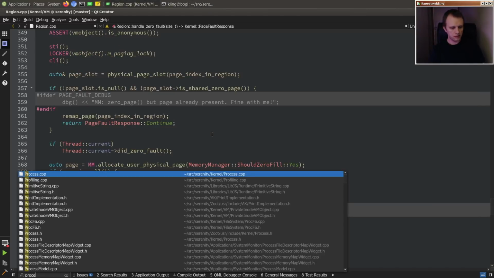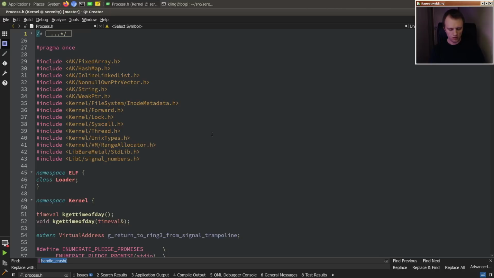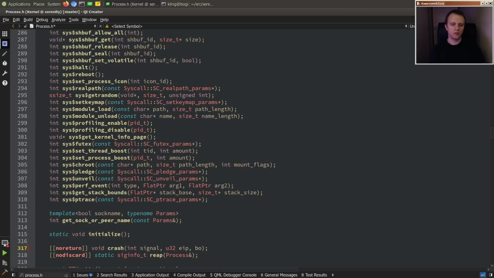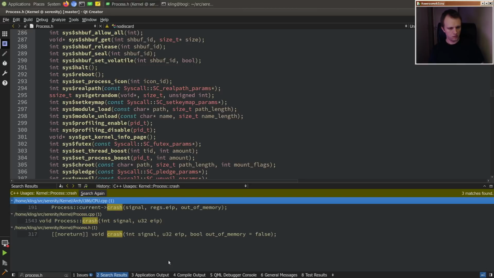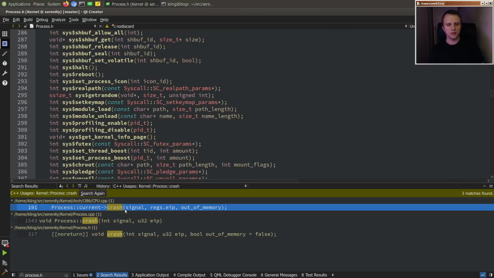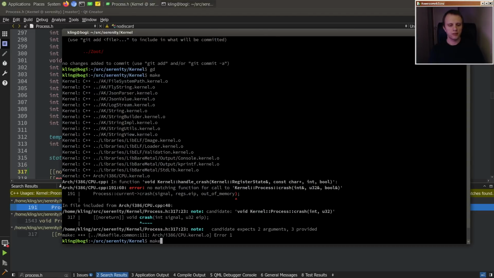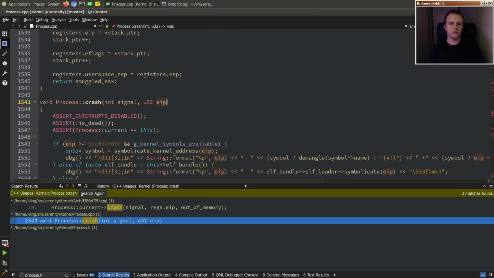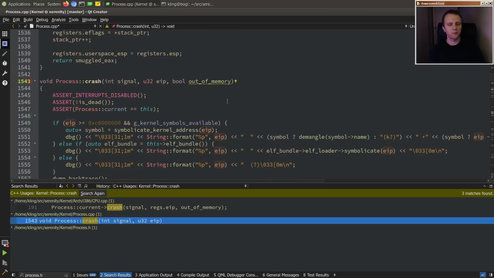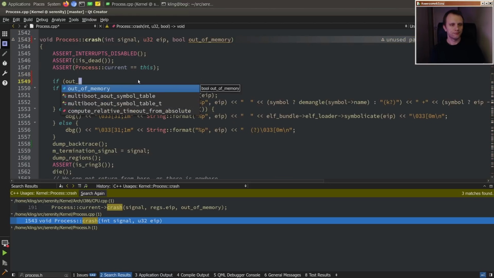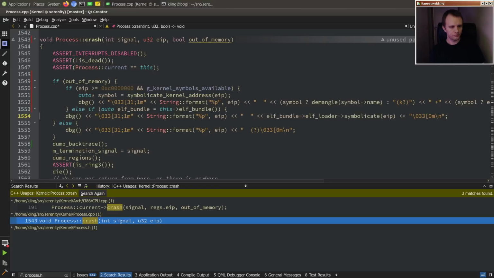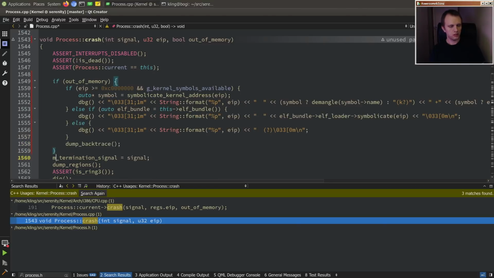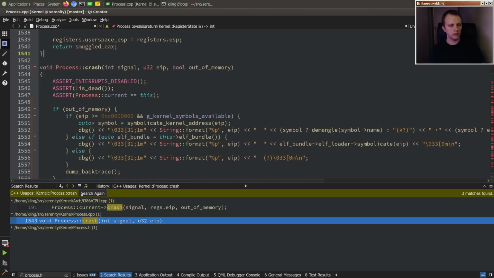Okay, so we forgot about that process change. Crash. Oh, out of memory, false. So who else calls this, by the way? Only one place calls it. Okay, then we don't have to have a default param. And we can go and actually edit the code. So bool out of memory. Okay, something like that. And then if we are out of memory,